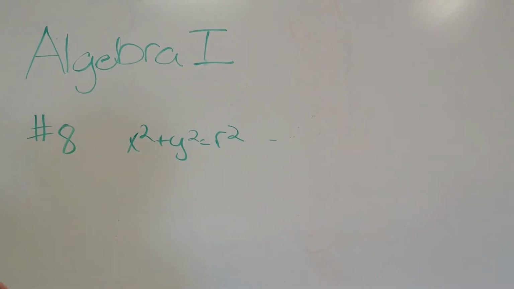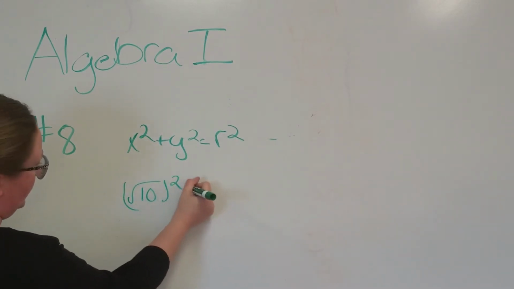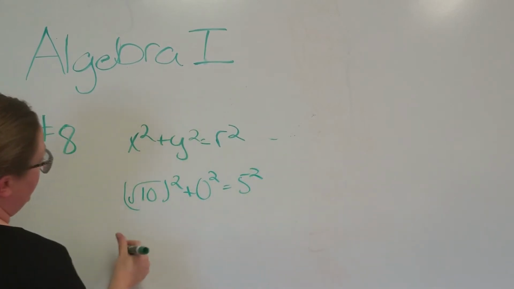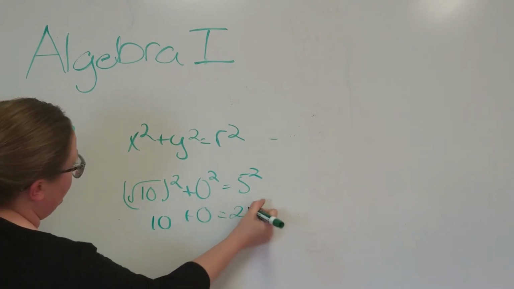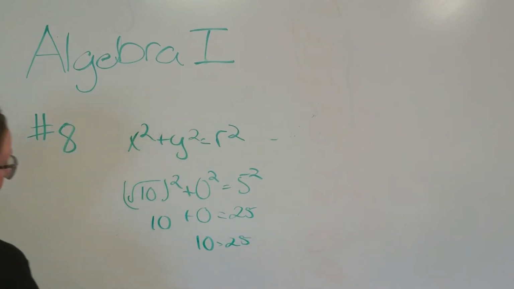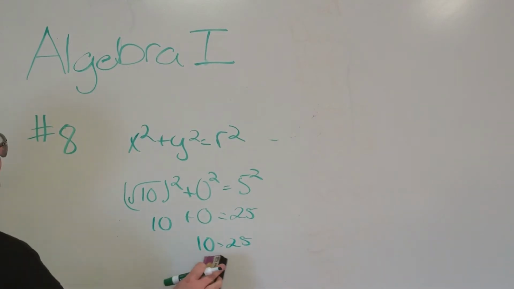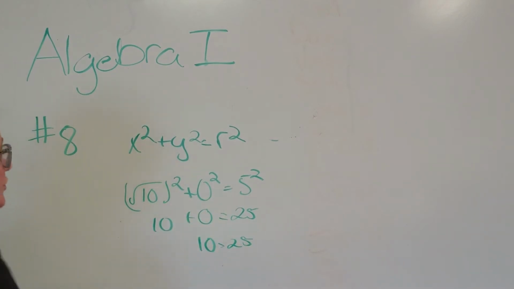So you're going to do the equation x squared plus y squared equals r squared. So we'll start with the first set. Square root of 10 is x, so square root of 10 squared plus 0 squared equals 5 squared, right? So square root of 10 squared is 10, 0 squared is 0, and 5 squared is 25. 10 plus 0 is 10 equals 25. That is incorrect, so you need to try the other two to see which one does equal. You want it to say 25 equals 25. Remember, the 5 is going to stay, and you're just going to switch these to your other points you're looking